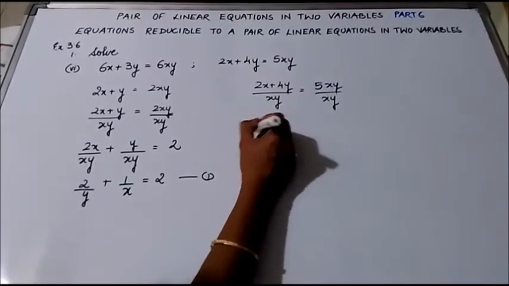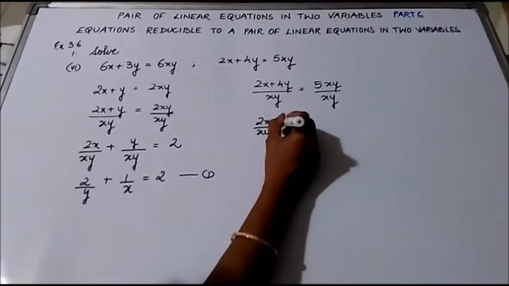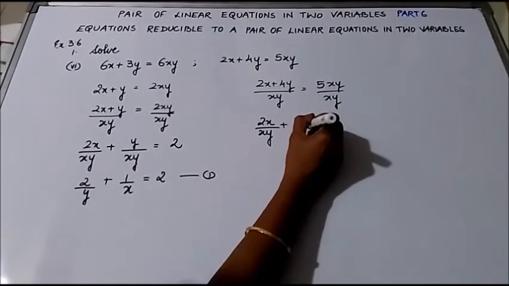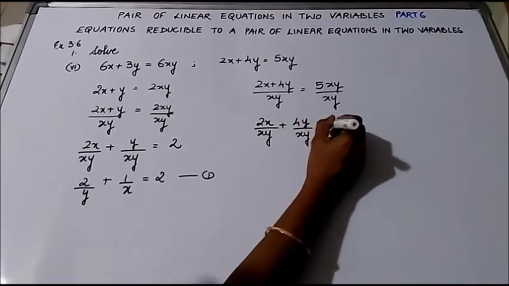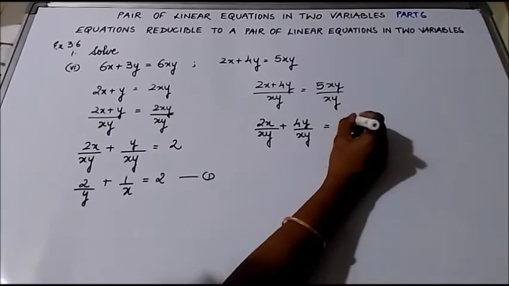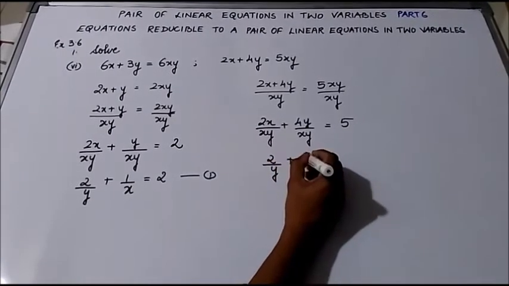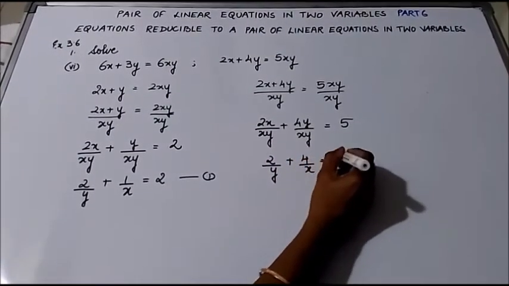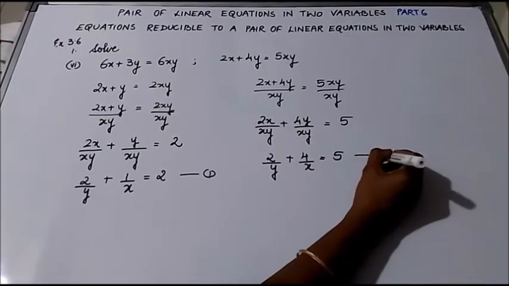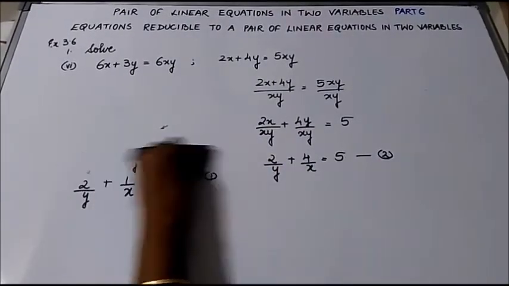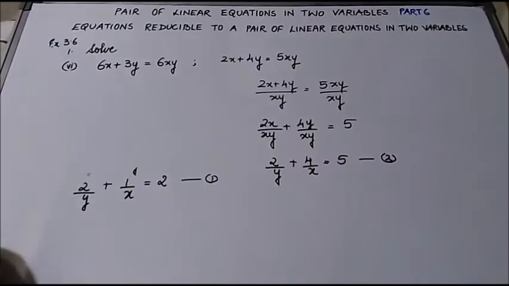What you get here? 2x by xy plus 4y by xy. Here xy cancels, you get 5. Here x and x will get cancelled, you get 2 by y plus 4 by x is equal to 5. We have simplified the second equation also. So now the two equations are of the form